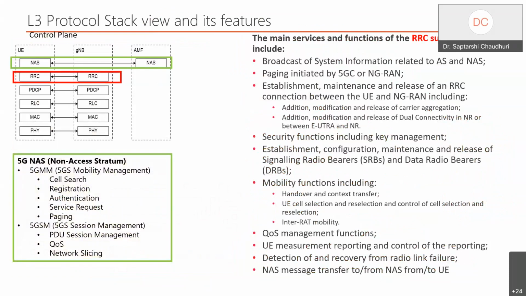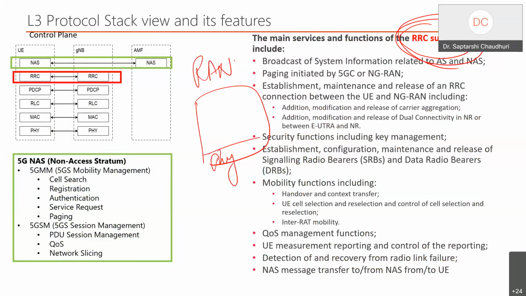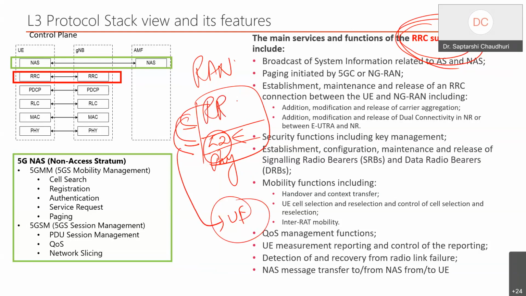Now I move into the heart of the base station. That is where we call the radio resource controller actually. Now this is the heart of the whole base station. When you say a base station, a radio access part of it, it has its physical layer, it has its layer 2, the entities PDCP, RLC, MAC, and SDAP. But the one who controls everything, even the device, is nothing but this guy called radio resource controller.